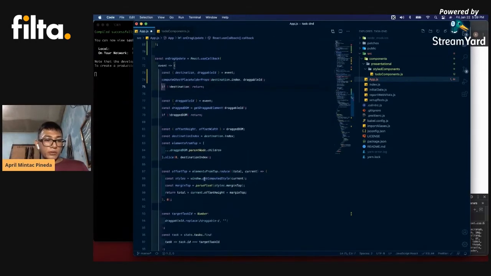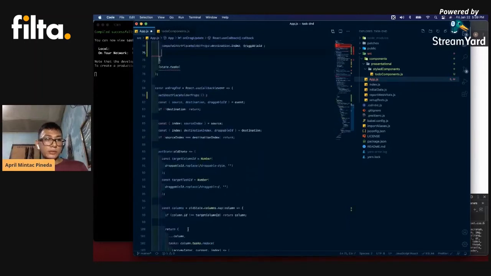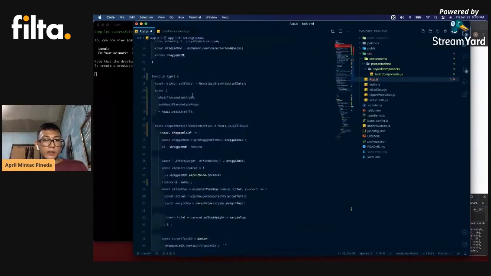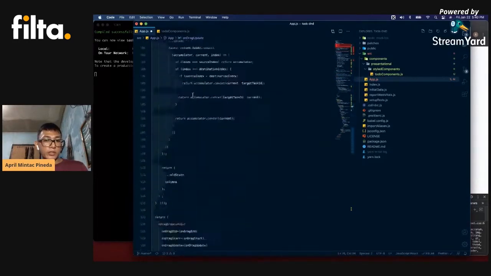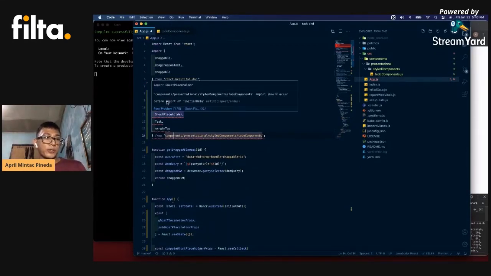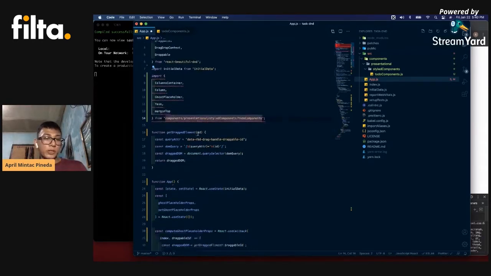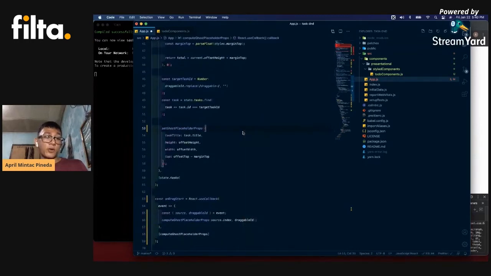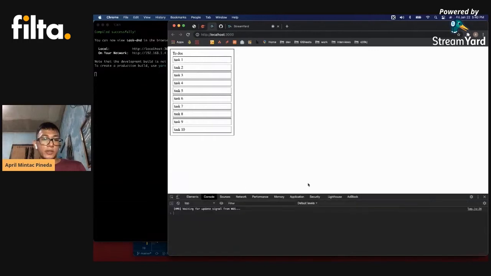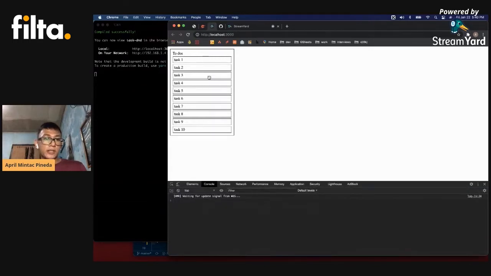So I'm just going to remove these parts now, and okay, everything else seems to be good. And if you're wondering what this is, it's just the ordering of imports. It's telling me that I should order the imports in an alphabetical manner, but that's fine because this will be automatically fixed. It doesn't really affect the code. I'm just going to save this now. It recompiles, and I'm going to refresh this. And as you can see, it works the same way without any errors.